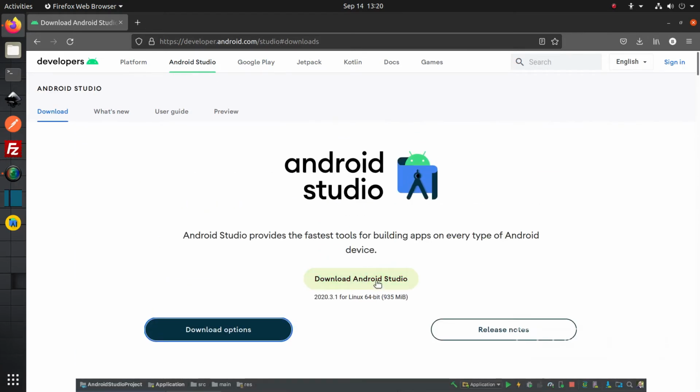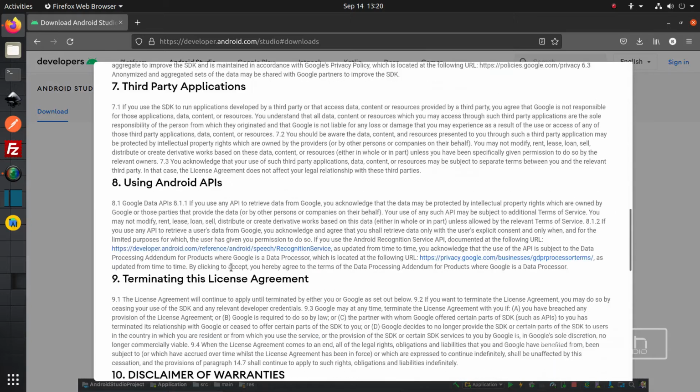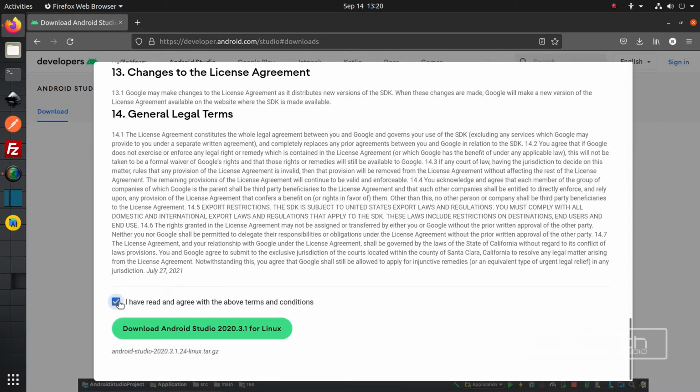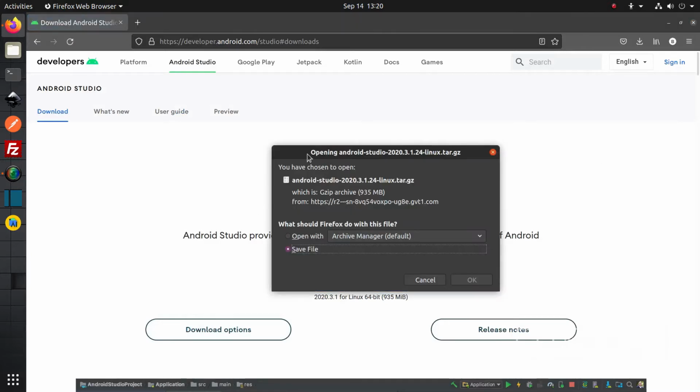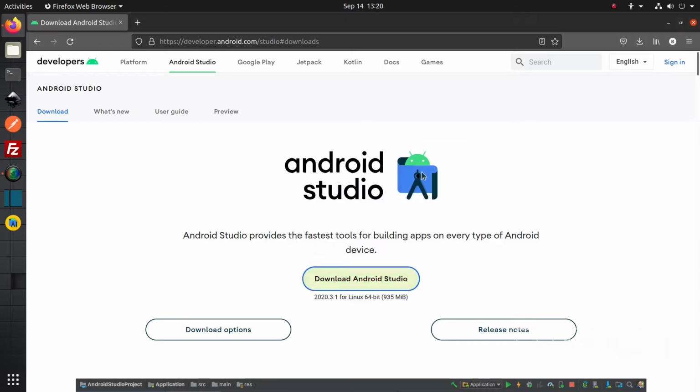You can click on the download Android Studio and accept the user agreement and click download. This will start downloading the Android Studio package and you can follow the instructions to install this package to your system. And the second one is